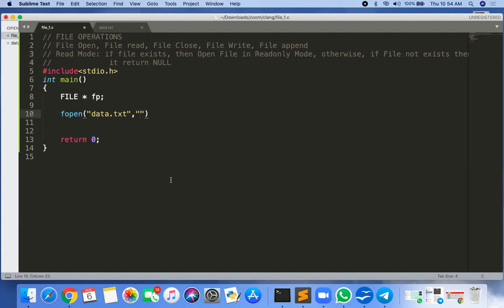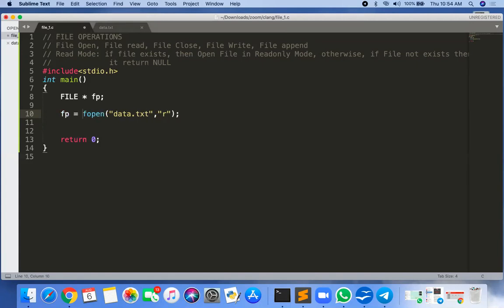Okay, so first, what is the read mode? R mode. Read mode is the R mode. So here I'm opening in R mode. So what does fopen return? The fopen function returns an address, just like your malloc function. Malloc returns the address of the memory allocated. Here also, if the data.txt file is available on the hard disk, that file gets copied from the hard disk to your RAM, and whatever address in RAM you get is returned from fopen. Now that address should be stored somewhere.